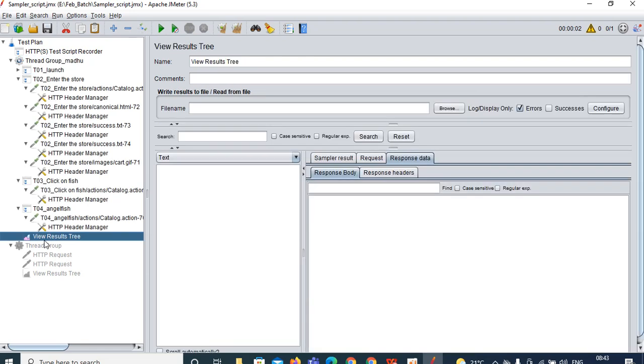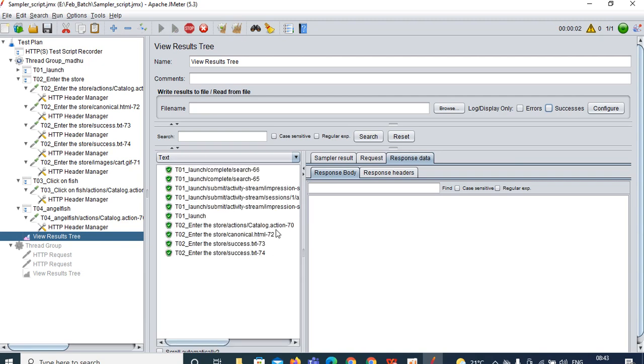Okay, so if you check Errors you can see the errors, and if you check Success you can see the success. If you uncheck both, okay, you can see both of them. Okay, just click on the play button. See, you are able to see those things. Okay, so that is how you can use your file name, and browse these errors and successes.